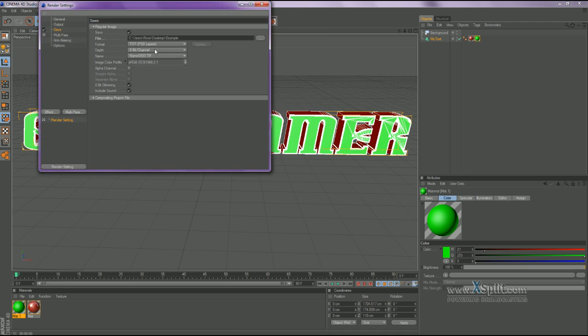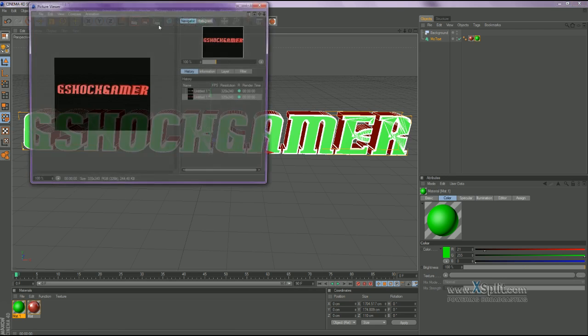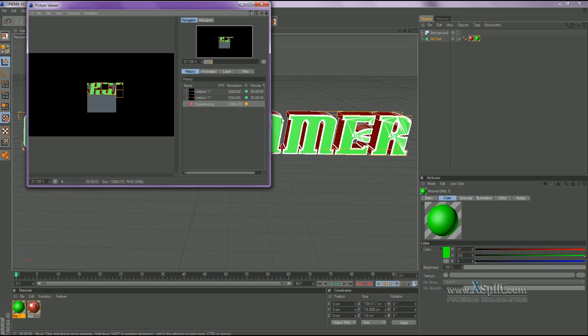Then you want it as JPEG, wait no, PNG, like that, that's all fine. Then you go to this, best, still image, 2x2, 4x4, options, that's all fine, you leave that, render, then it'll render it like that,